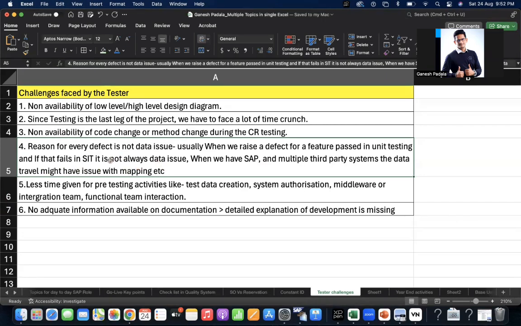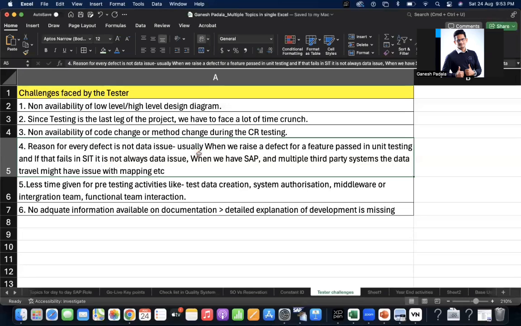So what exactly the concern is, whenever the testing team raises some kind of issue, the development team, like the main consulting team, may say that this is a master data issue, or you have not maintained certain master data, and the data is not proper. They might say that, but the point was that not every issue is a data issue.